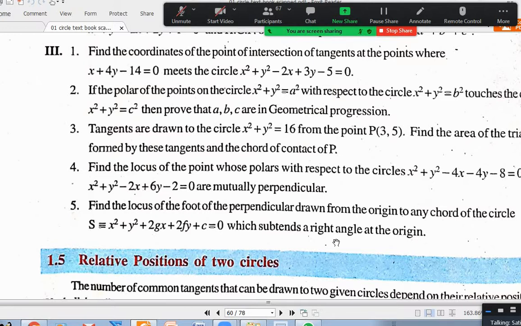That is indirectly they are asking for the pole only. We should compare that with S1 equals 0. Let the point be (x1, y1), find S1 equal to 0 and compare the line with it. It is actually indirectly the pole only. For this line, this point is called the pole. How will you find it? Same thing.